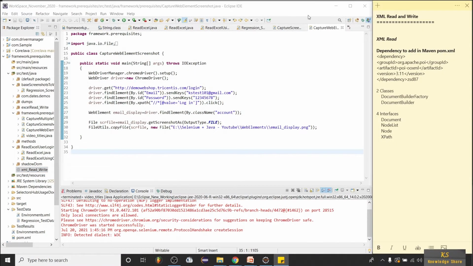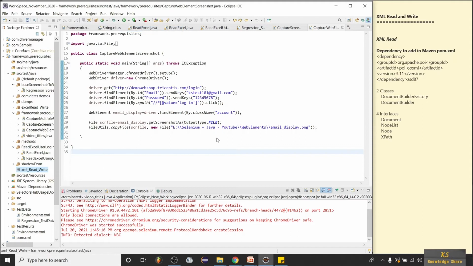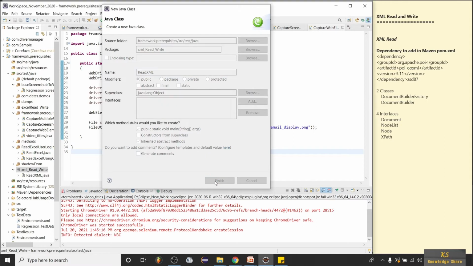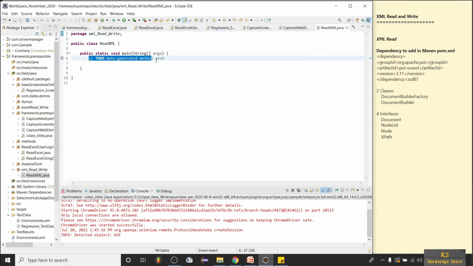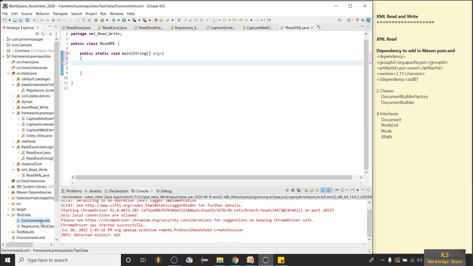Okay, I already have a package created here, XML read file. So let me create a class here. Let me call it read XML. Let me take public static void main. So we are going to create a method here, a reusable method, which will get us the data that we need. And also we have one environment variables,